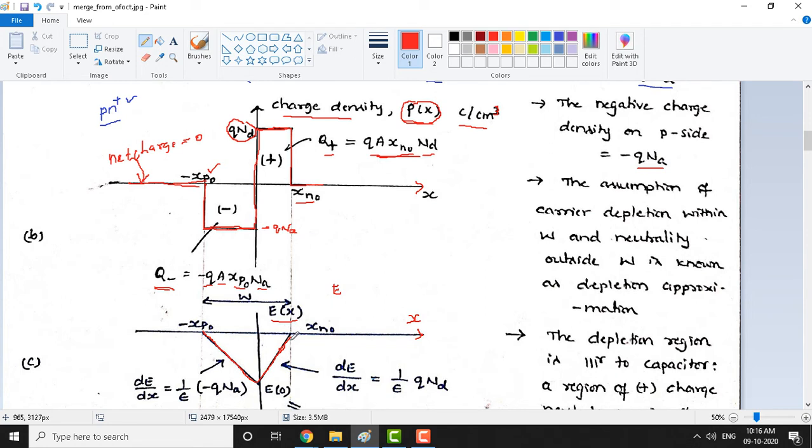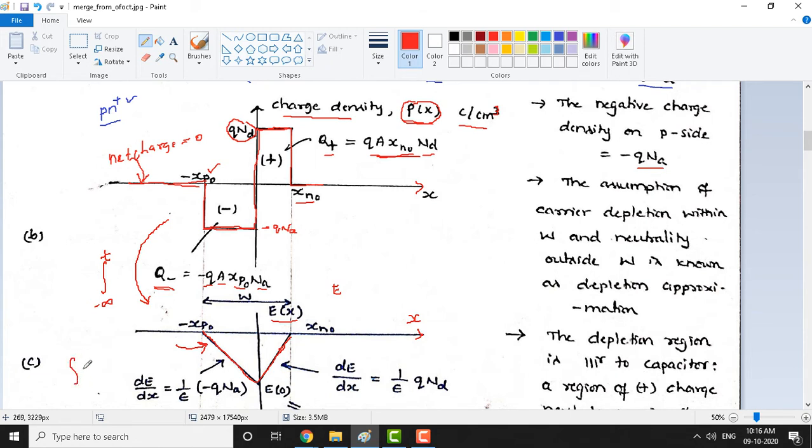What may be the reason for the reverse triangular pattern? I will come back to the formula as well. If you look at this charge density graph and connect it with the electric field, you have to do integration. If you integrate the charge density with limits from minus infinity to x, you will get the electric field. Electric field as a function of distance is triangular, and this is going to be like a linear function.